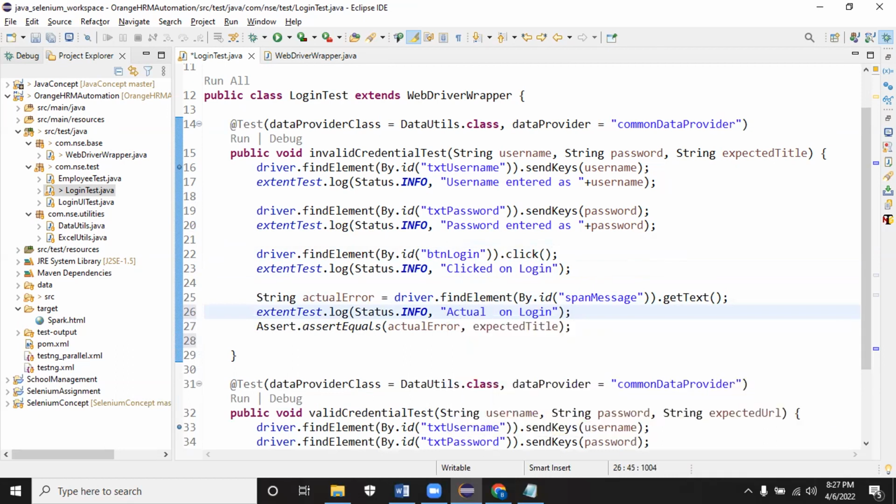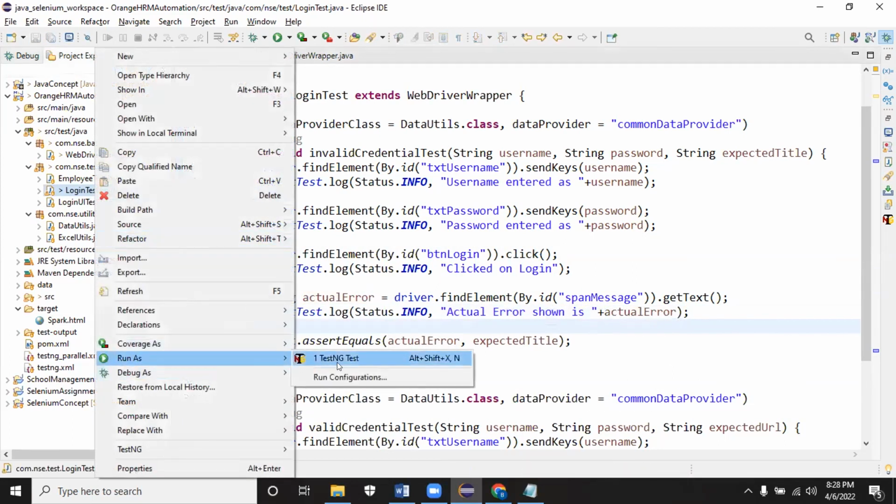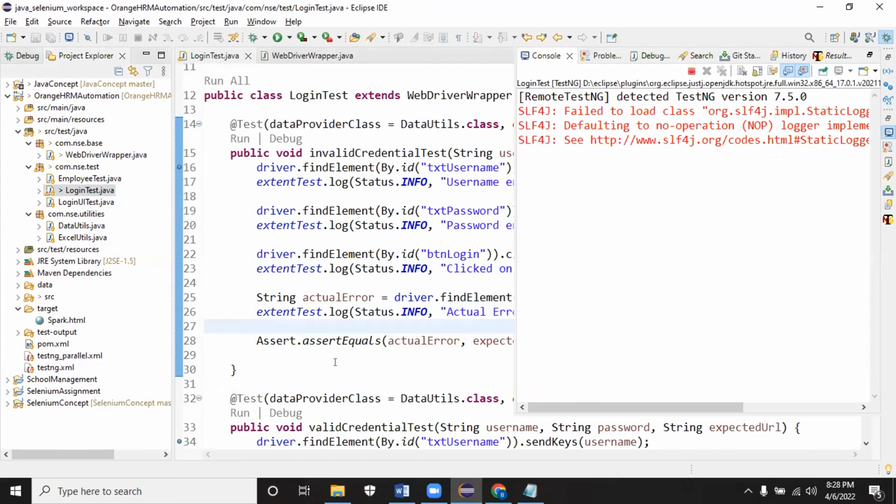Actual error shown is actual error. So this info I can log, and if I run this method, it will add the info also into the report.